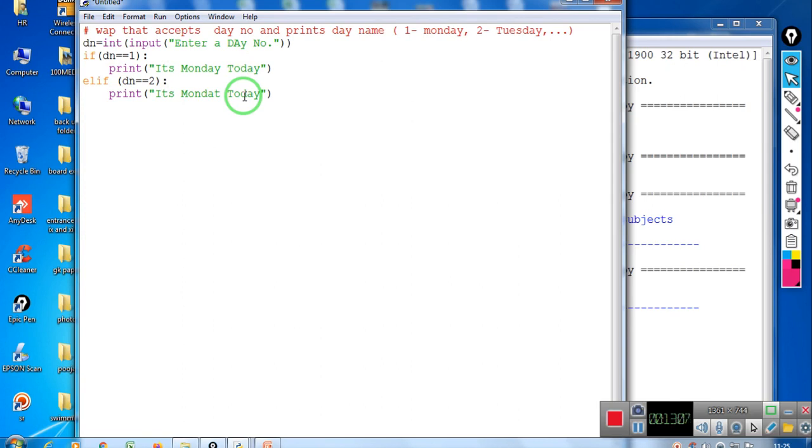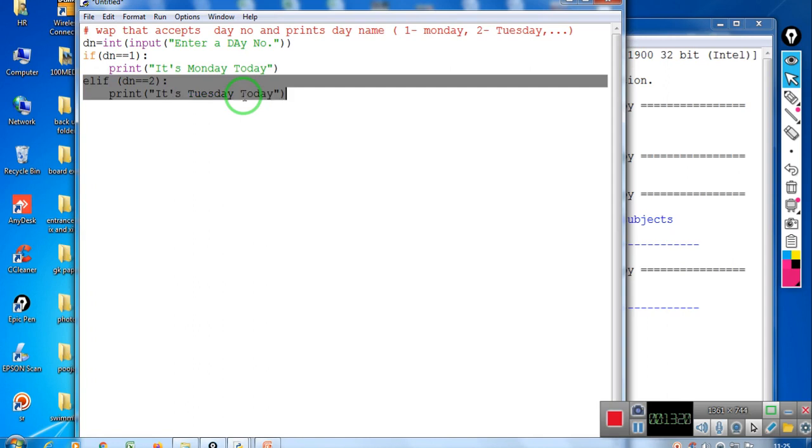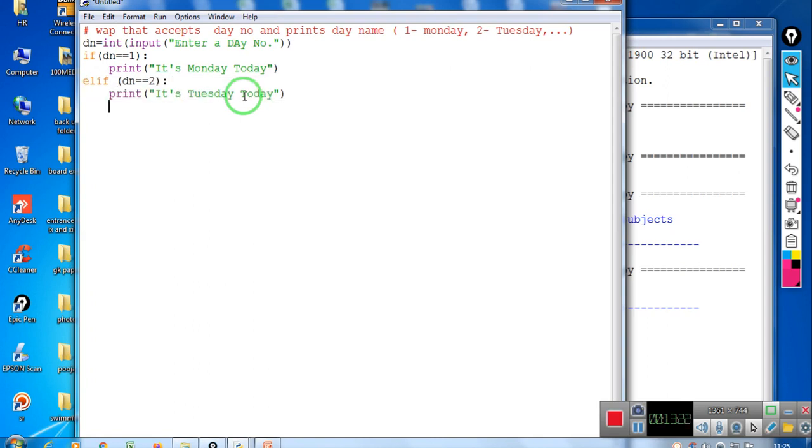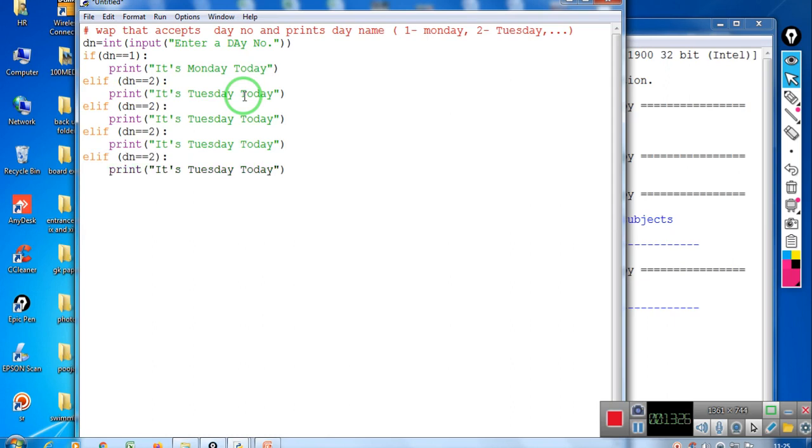Okay, you can write it's Monday today, it's Tuesday today, and then you can copy this, Control C, Control V, press it, Control V, and then we'll do some editing over here. If it is 3, then it should display it's Wednesday,